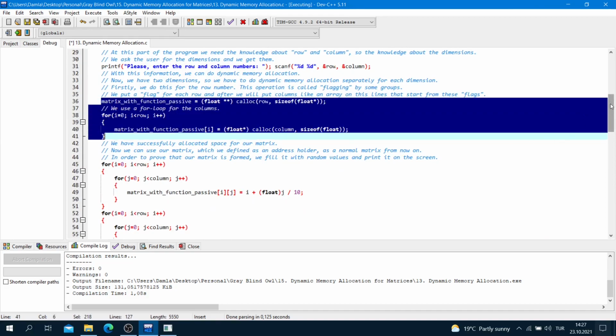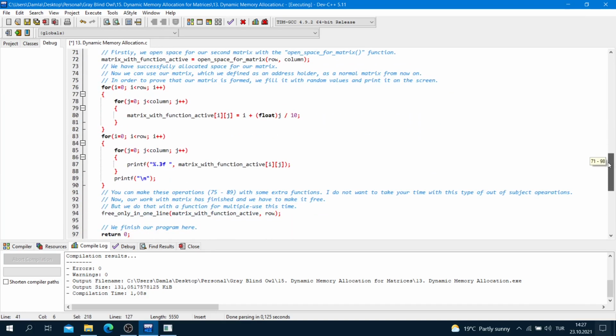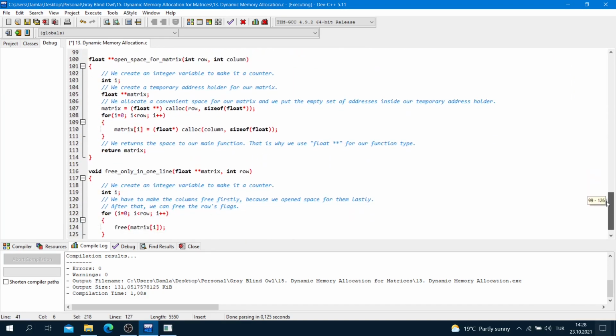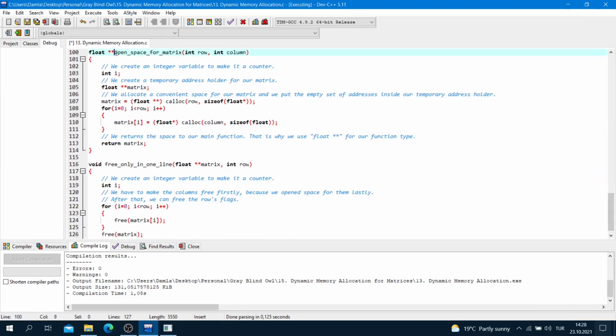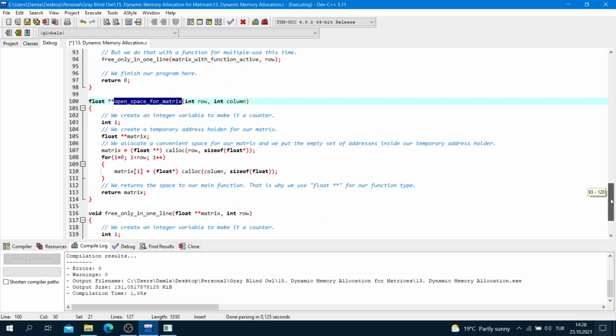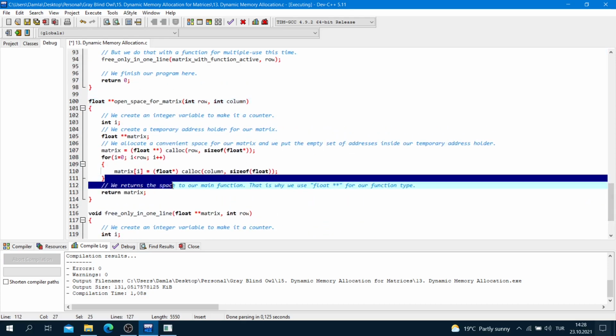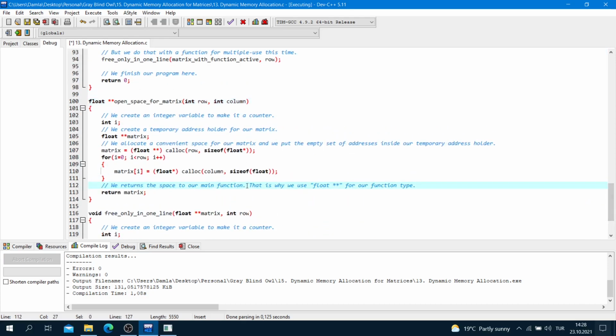But we do this time in the function open space for matrix. Okay, there is only one difference, and we return the space to our main function. That is why we use float pointer for our function type, return matrix and semicolon.